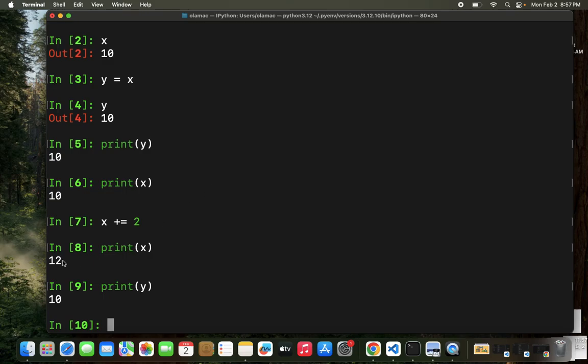So we now say x is pointing to object 12. Because I didn't use equals to reassign y, y is still pointing to object 10. They are different. And this is good for arithmetic operations,